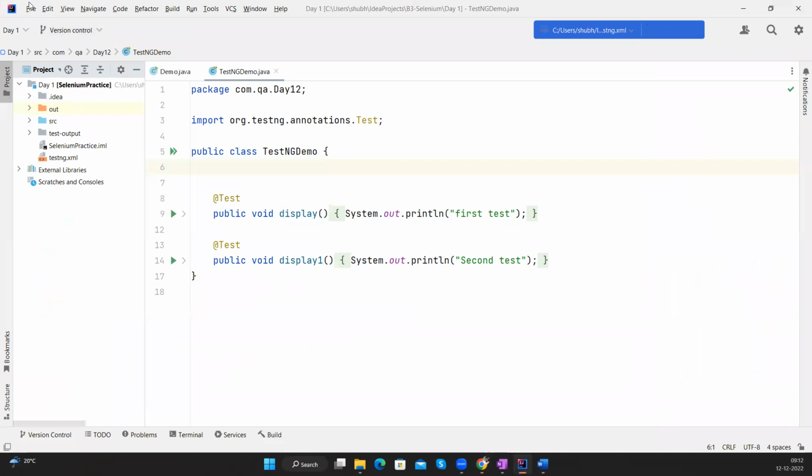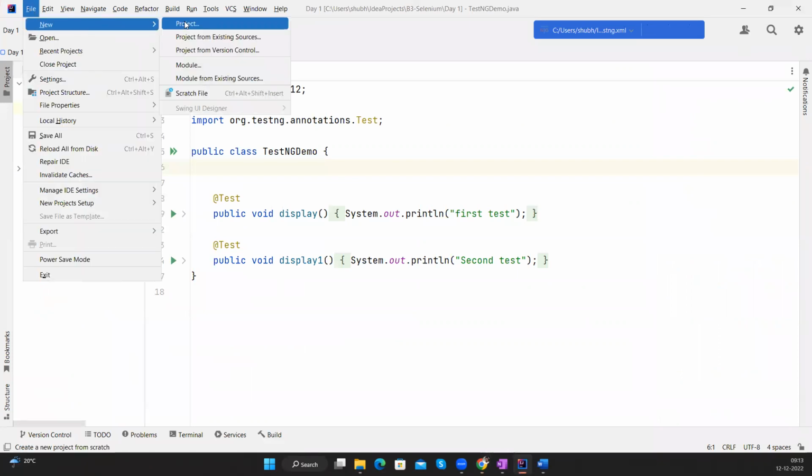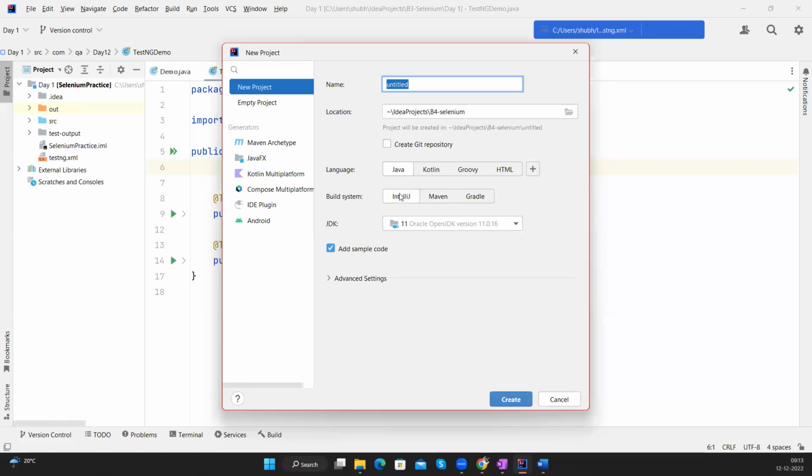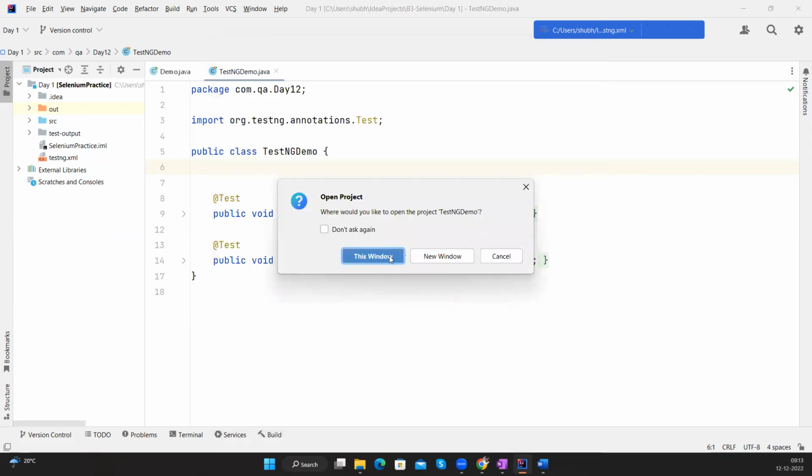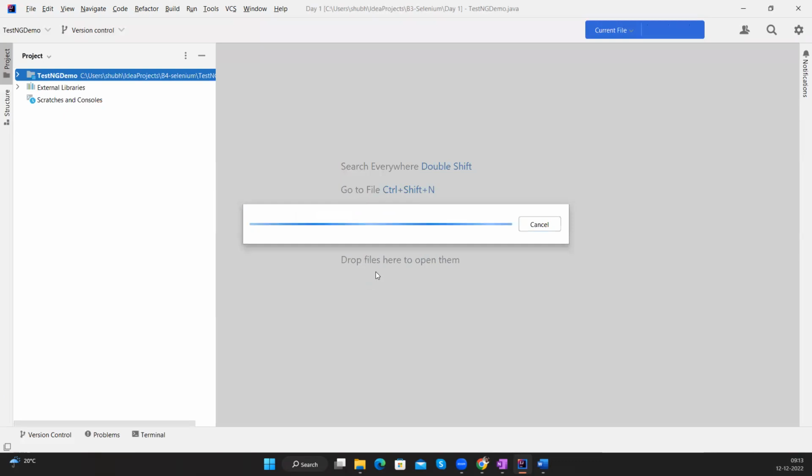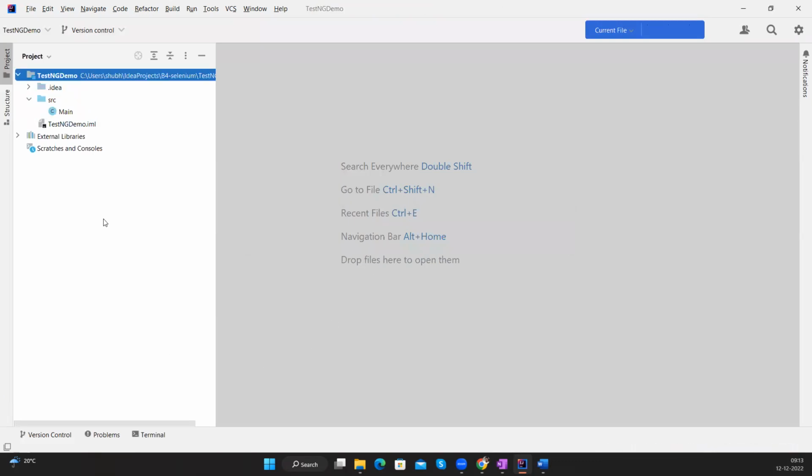Okay, so what I need to do, I will create one new project. TestNG demo. Click on create. I'm going to create a simple project. After that, I'll tell you how to create the Maven project, so then we will go for that. Okay, click on create. Okay. Once it is done,